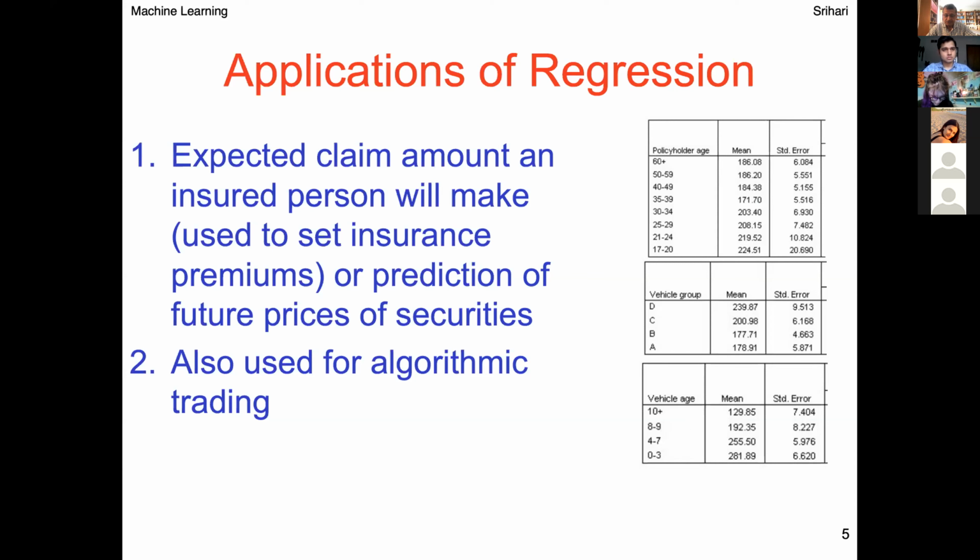So you can think of it like this. The insurance company knows about all these things. Policy holder age, what was the claim? They have a data set, so they can look at it and they know depending on what kind of car you've got and what the age, so they know all this. Then you come in and apply for automobile insurance to the company and fill in the form saying how old you are. Maybe let's say you're 25 and you have chosen a vehicle group B, and your car is not brand new, but it's 4 to 7 years old, and they have to tell you what's going to be your premium, right? So you can say this is